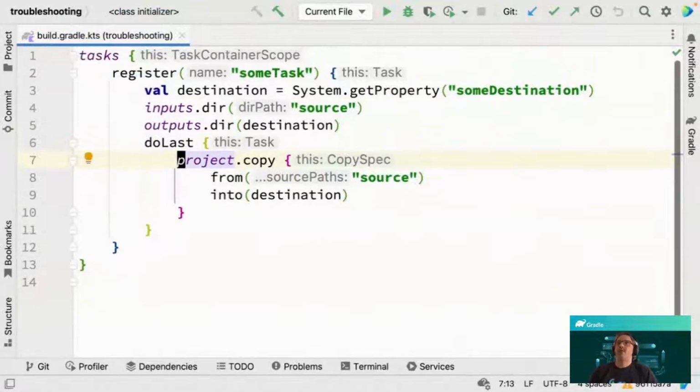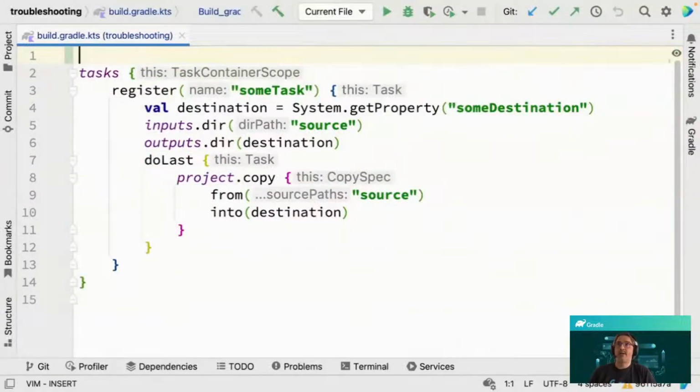So of course, this is our project access, and that's not allowed anymore. So what do we do, right? We introduced a few APIs as replacements to most, if not all, important project capabilities. And that's how we fix this issue. But before actually fixing this issue, I'm gonna turn this task into a proper Gradle task,